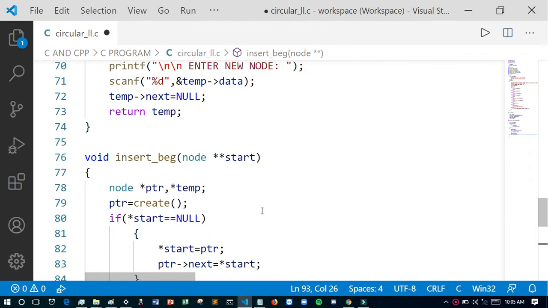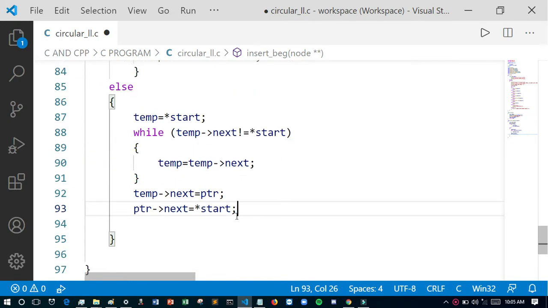See carefully, this is insert begin. We have created a node which will stay at the first position of the circular linked list, and its next will be the first node that was present before. Now ptr next equals start, and I have to give start equals ptr.